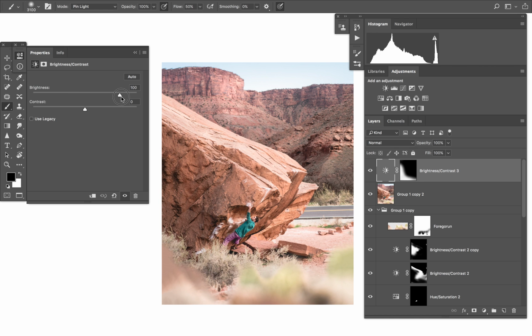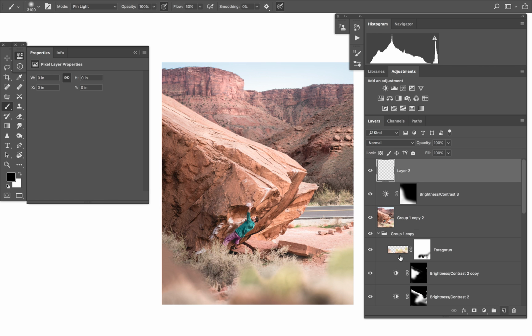So now you can see how, as I drag this, it's only going to affect that area that we wanted it in. And so we can drag this down a bit. Another thing that we can do that's obvious, but not obvious unless you know about it: with our brightness contrast layer, we usually know that with a normal layer, if we were to put a new layer here, go to our brush and paint some black on there,